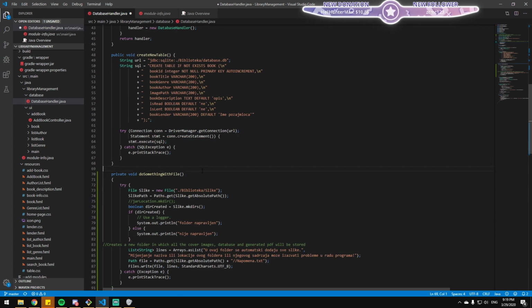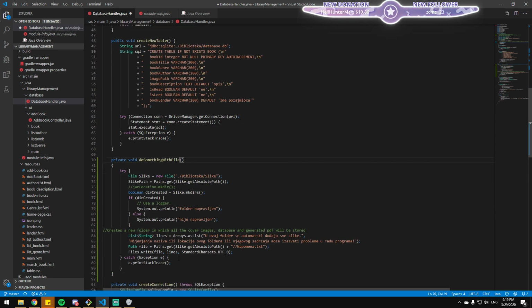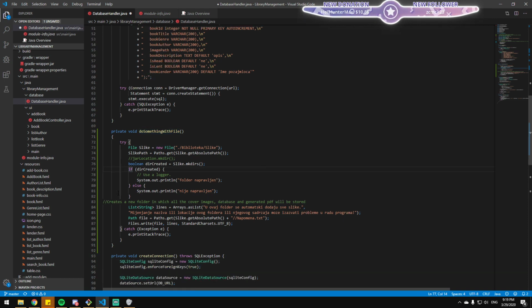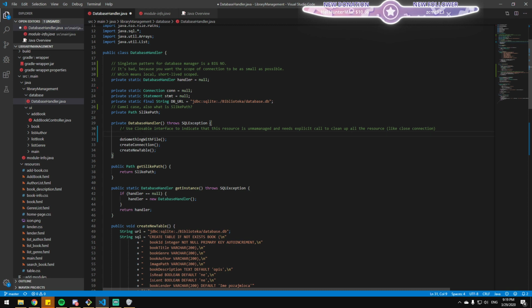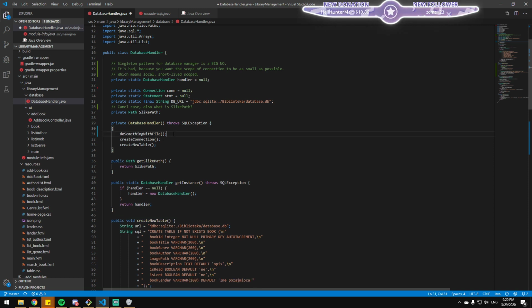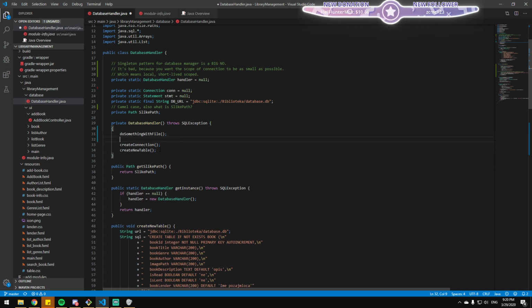Do you still mark it if you handle it? No, you don't have to mark this because you handle it here. If you had marked it as throws, then the other method, the constructor in this case, should handle it. Right. So have it there. Okay, so this is kind of cleaned up.